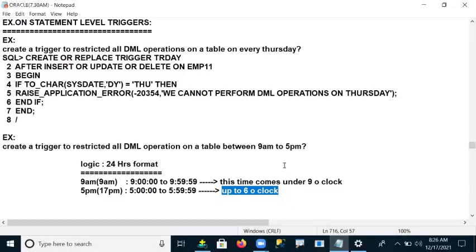But guys, tell me, up to how much did I say the restriction should be? Up to 5 o'clock only. But if I give 17 here, my restriction goes up to 6 o'clock. So what do I want to take here? Any guesses? What is the time I want to take for my end?